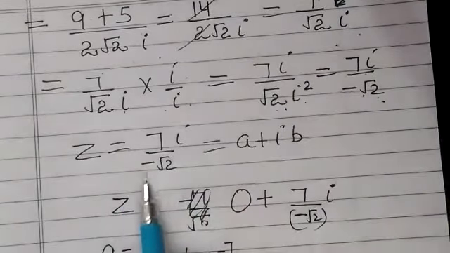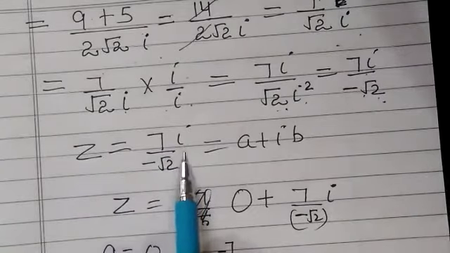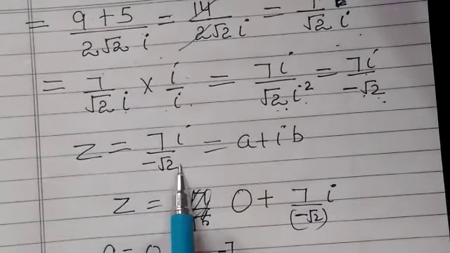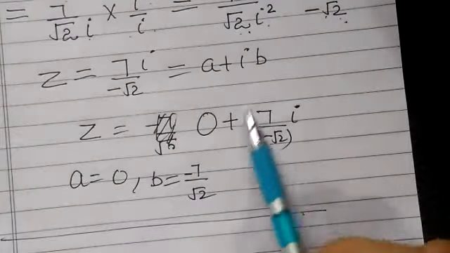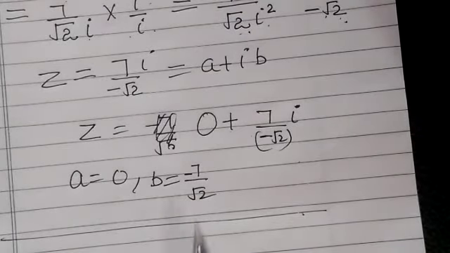So in this way, I'm getting this iota as the imaginary term and the real term in the form of the complex number. Here the real term is 0. You can write it like this: 0 plus the imaginary term. A becomes 0 and B becomes the imaginary part. Thank you.